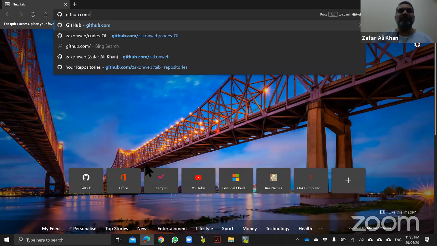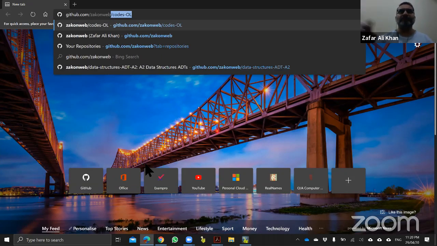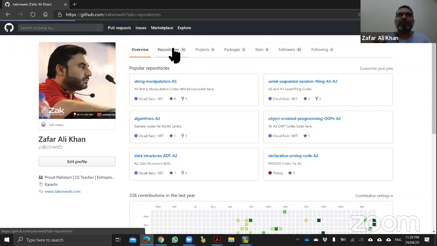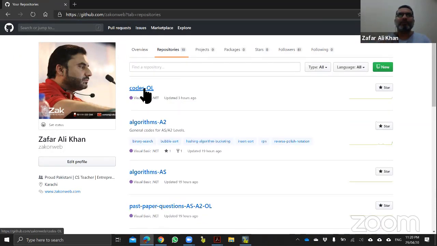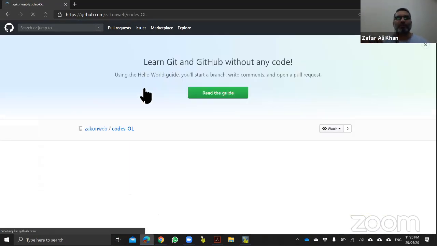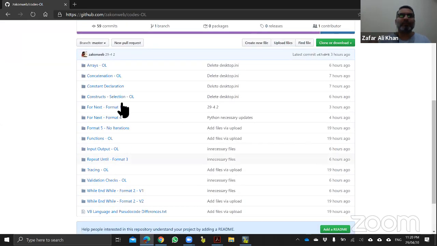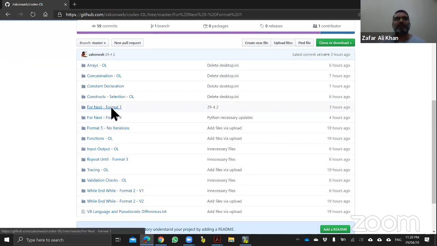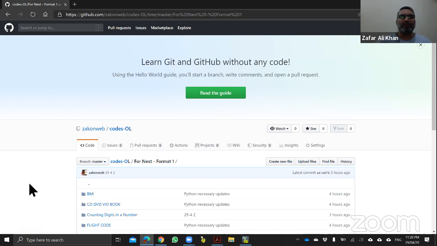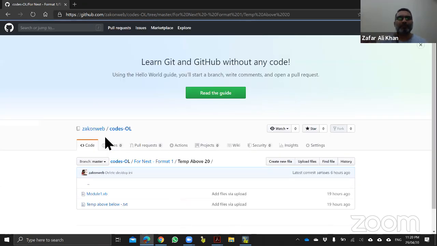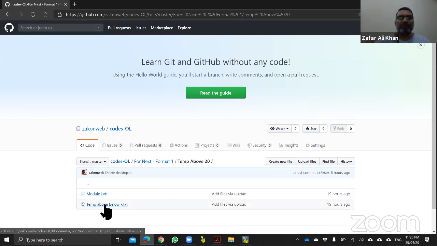github.com/ZAK-on-Web, and in it we have repositories. Go to the repository. All of you can always avail these codes, and then codes of O level, and then here we go, format 1 or for next, simple for next, and then we have this temperature above 20 and below 10 thing. Now in here you can see,